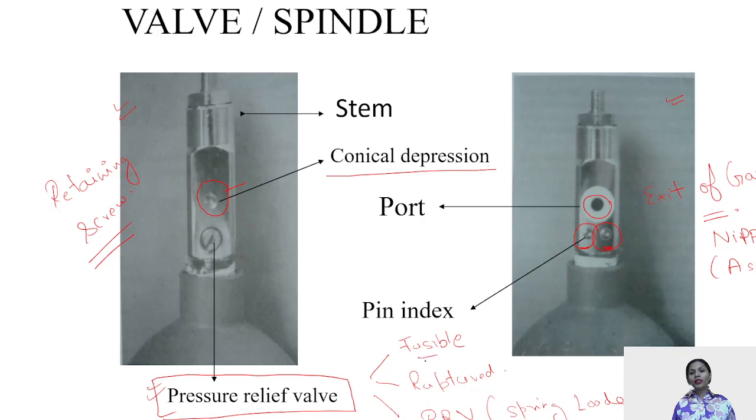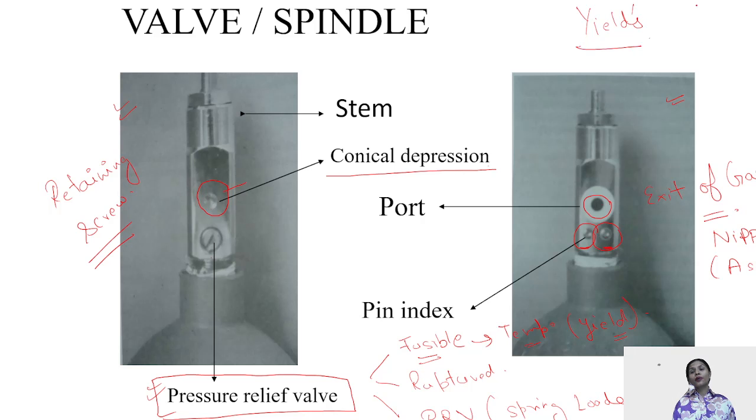The fusible types are temperature dependent, and they have a yield temperature. That is, because of the pressure increase, we have a temperature increase, and that temperature increase is going to rupture that valve and the fusible plug, and eventually all the extra gases will get dissipated. But this is irreversible. Once it's damaged, it is damaged, and it gets damaged at what temperature? That is known as the yield temperature.